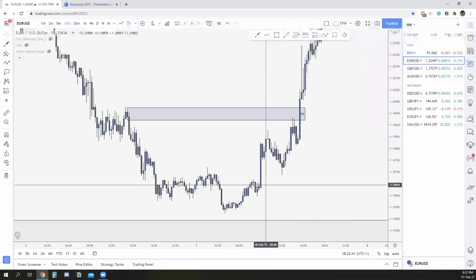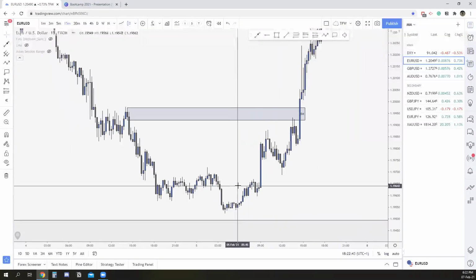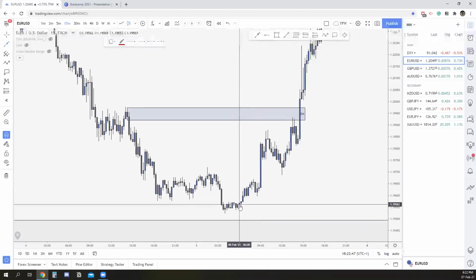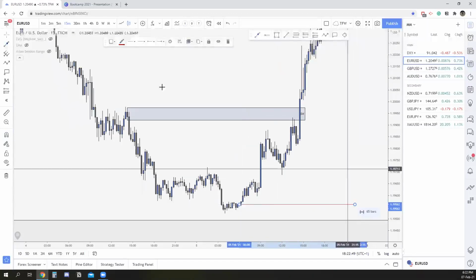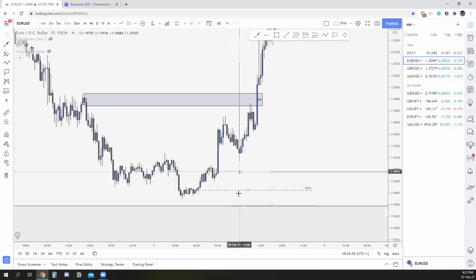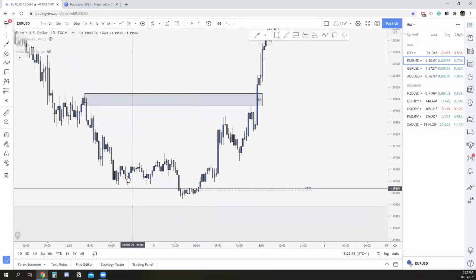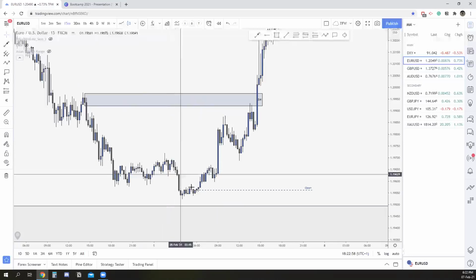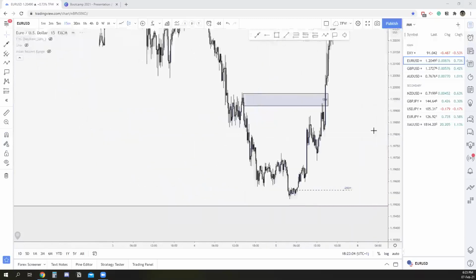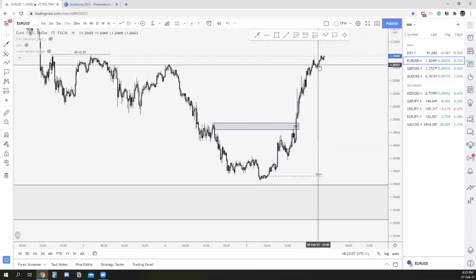My time, it's 6 a.m. So I'm going to find 6 a.m. Here it is. This is 6 a.m. So I'm going to take my arrow and I'm going to mark it on that candle open, and I'm going to drag it like this. Then what I'm going to do is, this is my daily open, right? And this is where the market opens. And again, as you can see, here is your Asian consolidation. And after this point, the market will paint the day, right? The market will show you what it wants to do for the day. And here you have that big expansion, right?